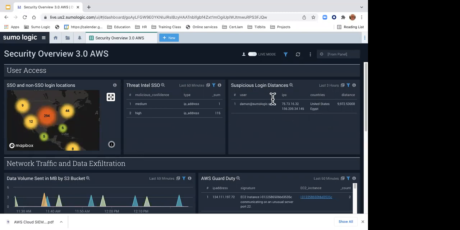Here's one of my favorites, the suspicious login activity, where somebody is obviously traveling at impossible travel speed. So here we have a user who's logged in, and over the last 3 hours, they've logged in from these 2 IP addresses. One of these IP addresses is from the United States. One of these IP addresses is in Egypt. So that's a distance of approximately 9 million kilometers or whatever. And so that's obviously an impossibility to do in 3 hours.